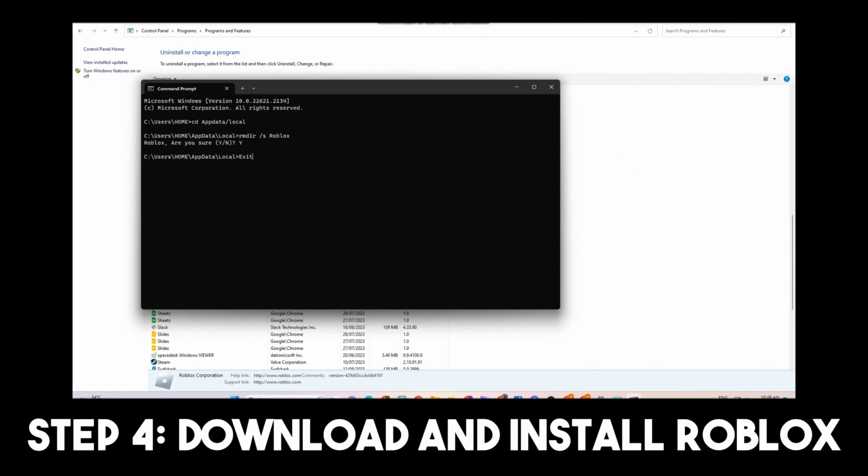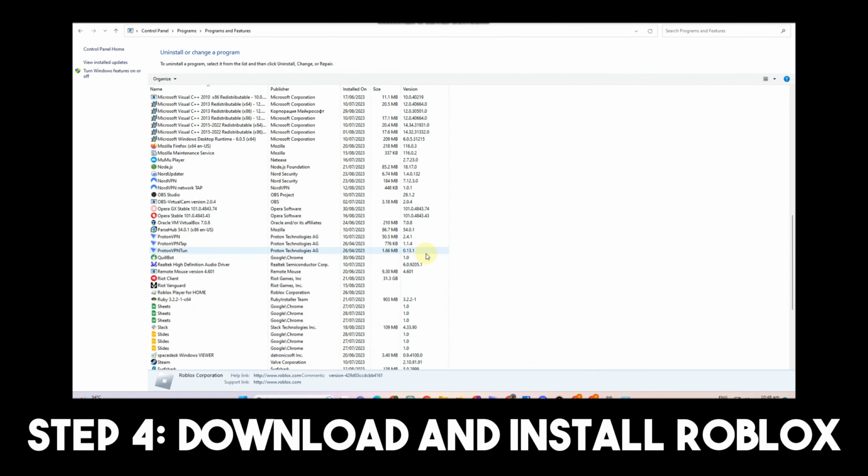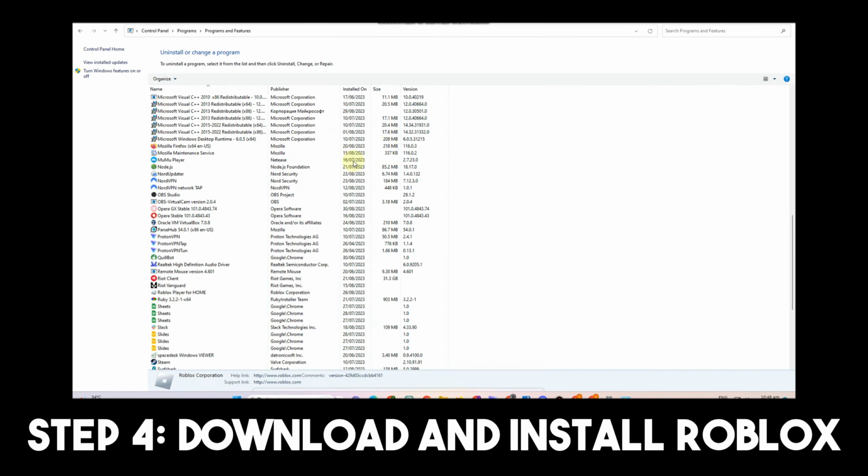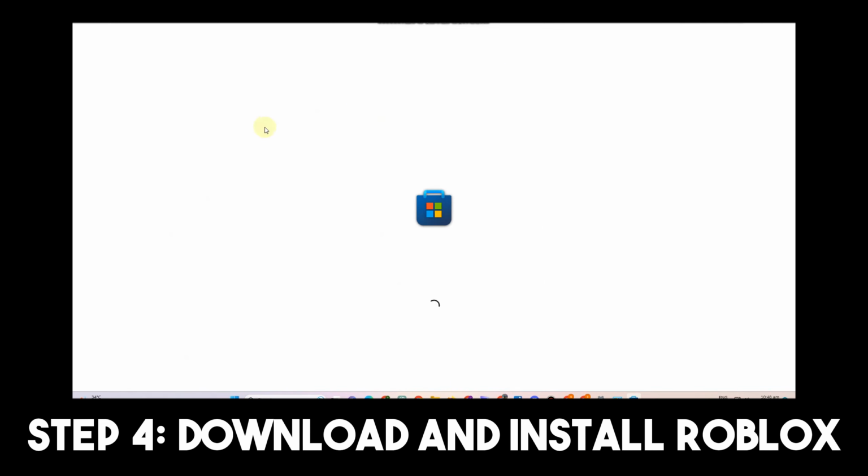Step 4, you have to go to Microsoft Store or any web browser and then download Roblox again. Once done, you just have to go to the download folder, right click, and then click run as administrator and wait